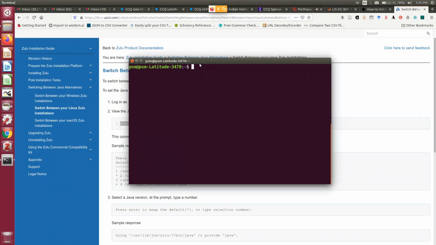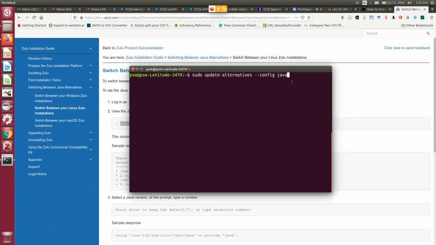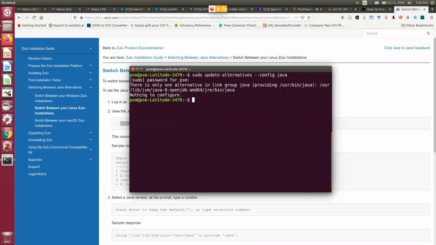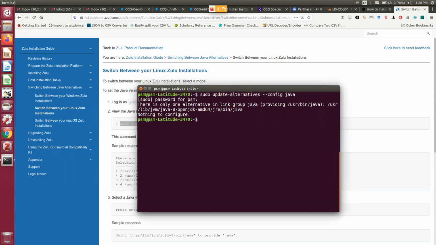But those who are having Java 11, they first need to install this, sudo apt install OpenJDK. Then they need to do this thing, sudo update-alternatives --config java. Now the moment I enter this one, you see, it says that you have only one Java alternative. That's why nothing to configure.